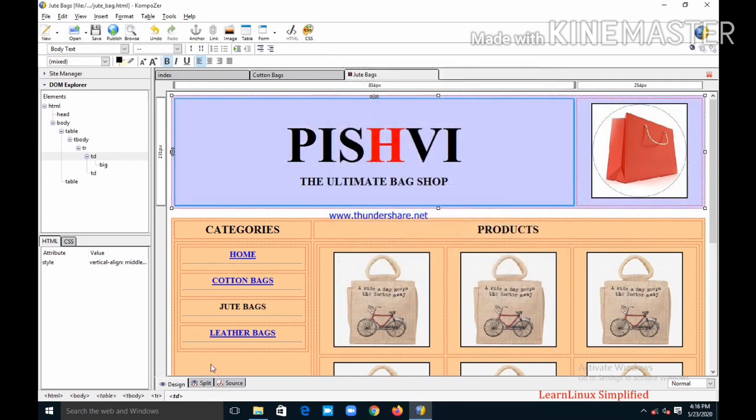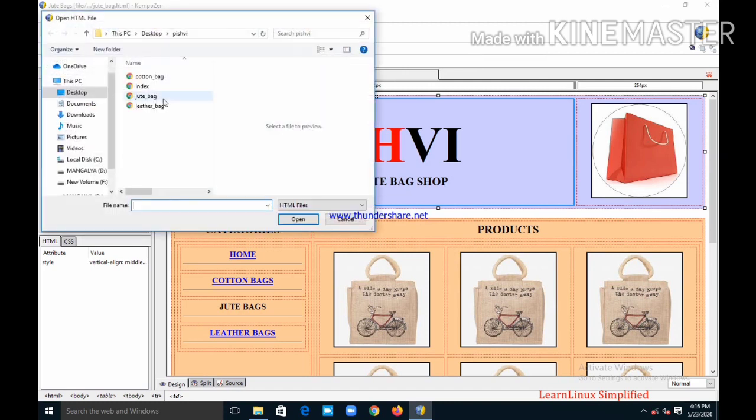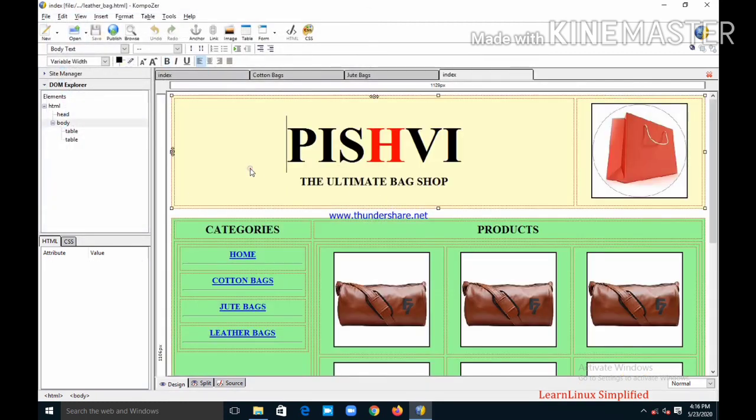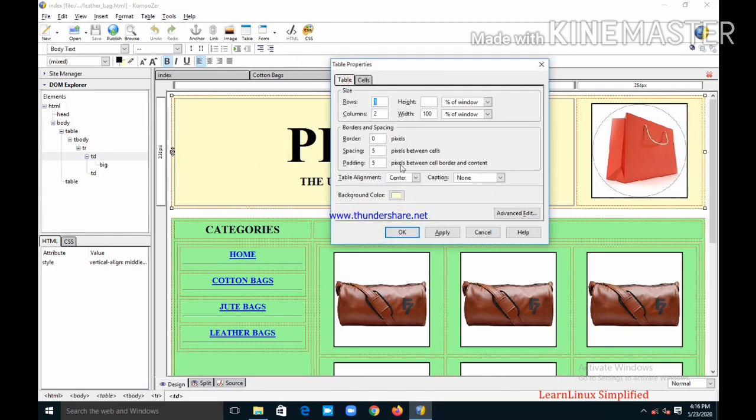Okay, so again I am saving it and opening the leather bag. I am changing the color.